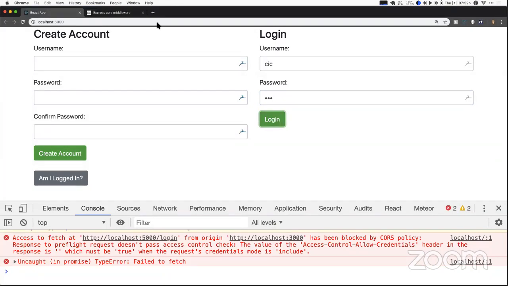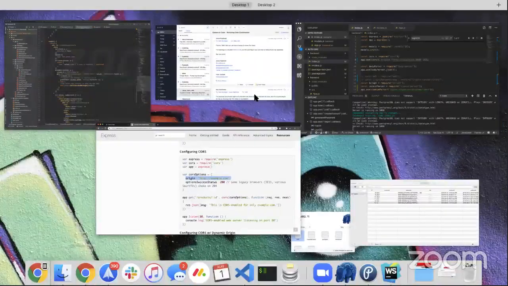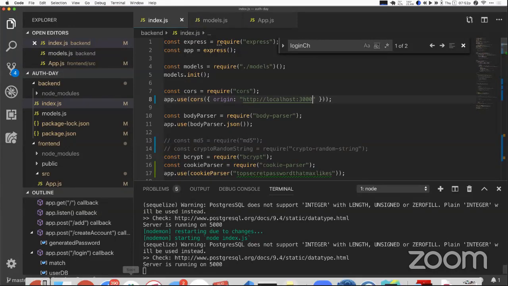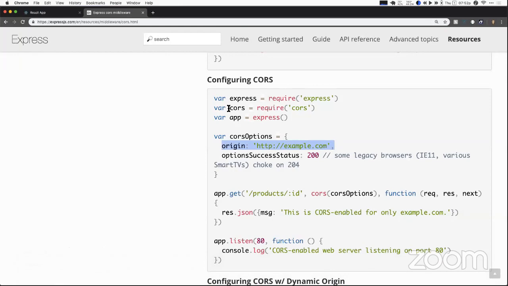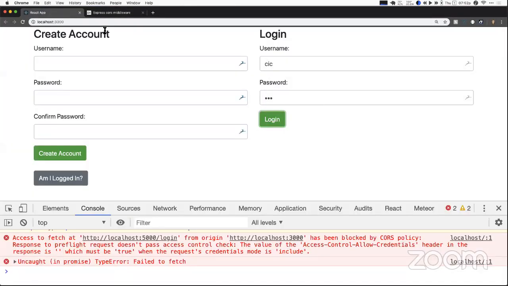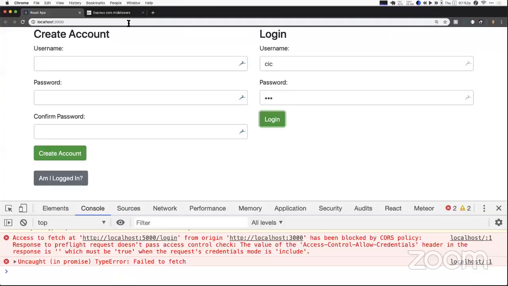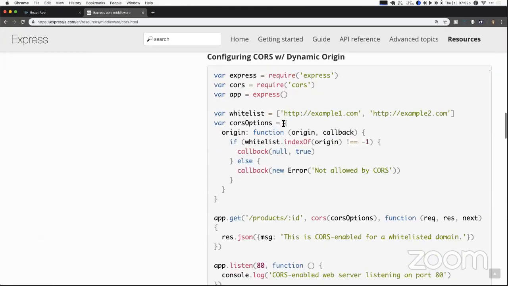and we get the same error. Well, apparently I did not do my CORS well enough. Origin and the URL, and that's getting passed in. So I'm going to use my origin as 3000. Okay, and the other thing I'm going to do is